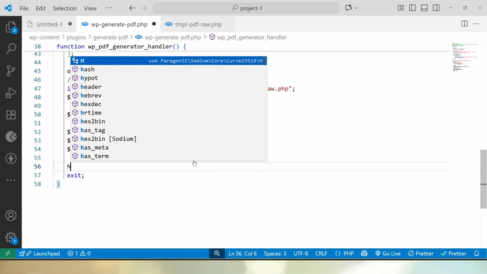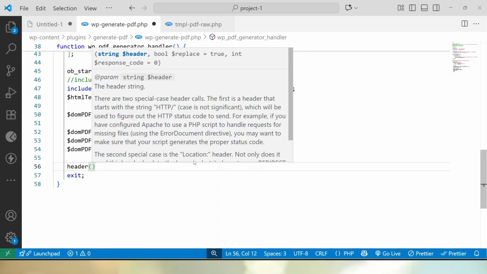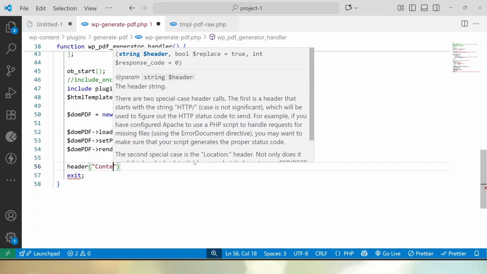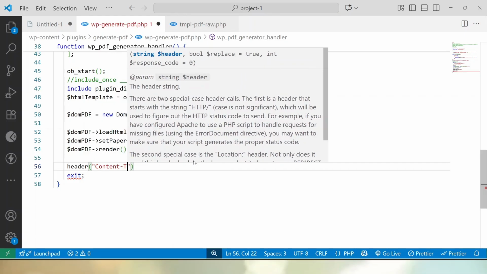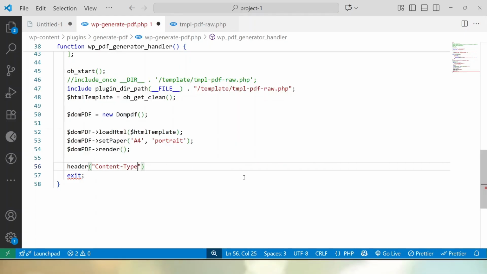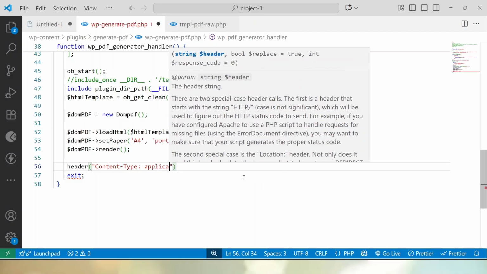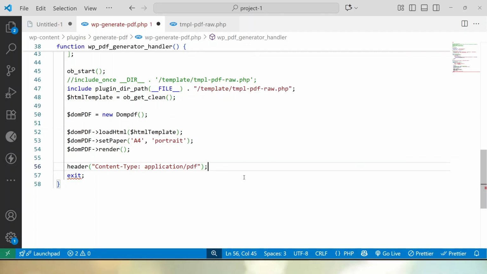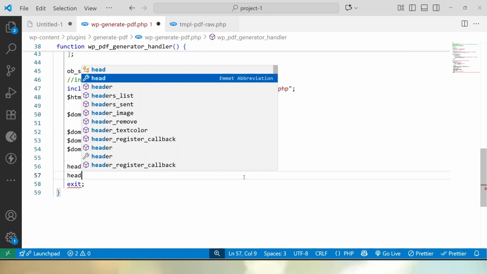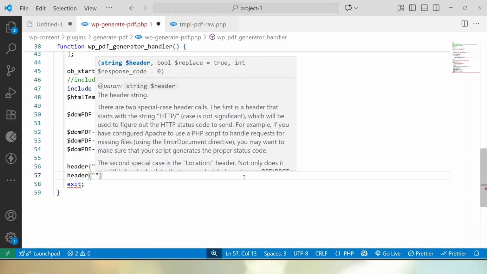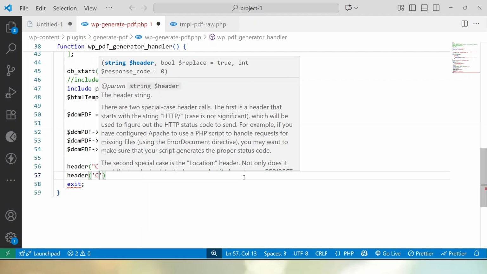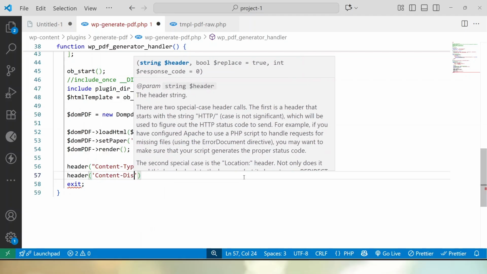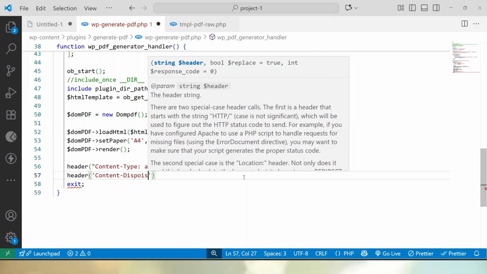two header functions. So it will be header, it's a PHP function, and inside this, let's pass content type. After this content type, I will pass application forward slash PDF. Then after, I will make use of one more header, and here let's write in single quote, it will be content hyphen disposition,